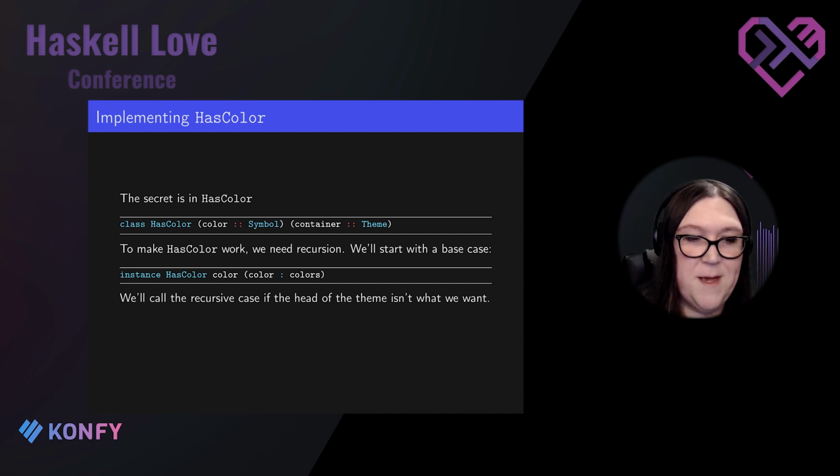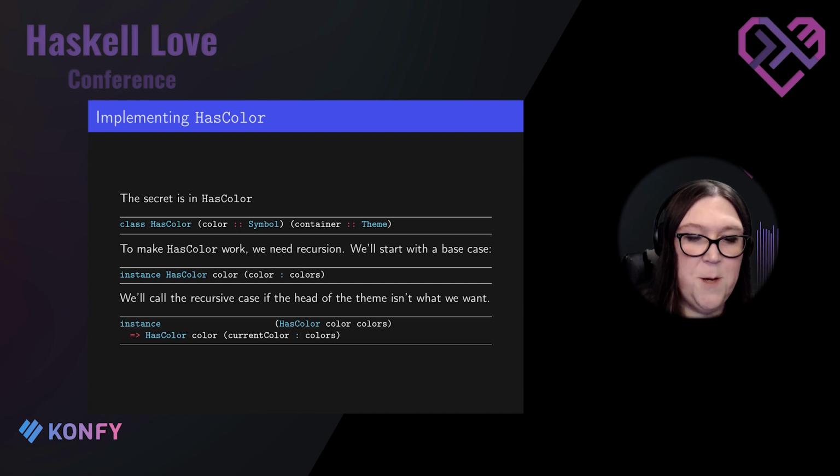And so what's our recursive case? Well, our recursive case is going to be the situation where the head of our list is not the color that we're looking for, but the remainder of the list does contain the color that we're looking for. Because when we're working with type classes here, there's no sense of like returning false, right? We can't create an instance that says that it's not an instance. So we have to be very mindful to only define instances for cases that should match. So the only way that we can write an instance is if the immediate case matches or if the overall